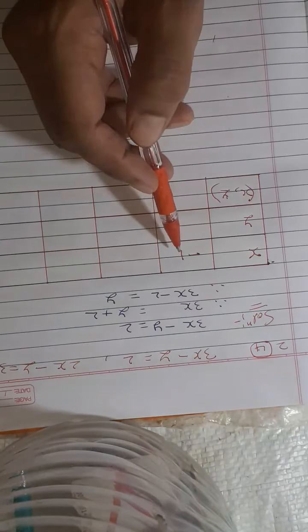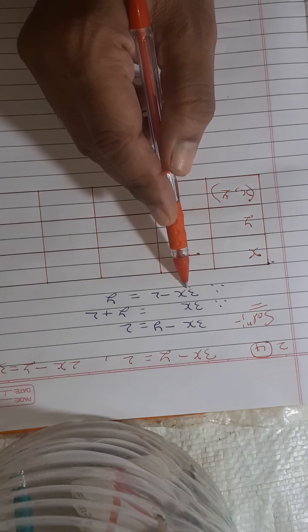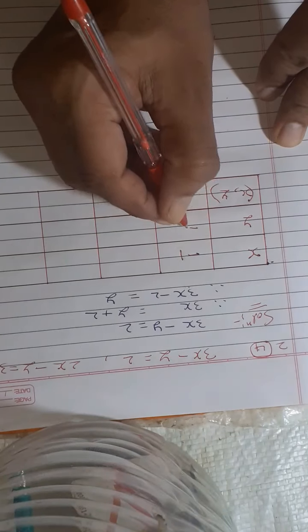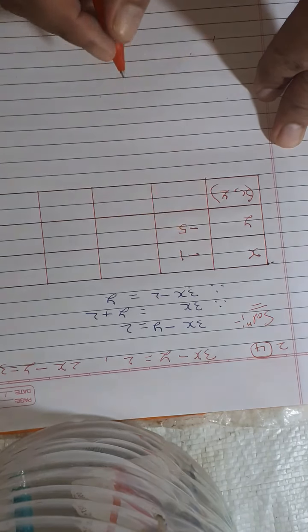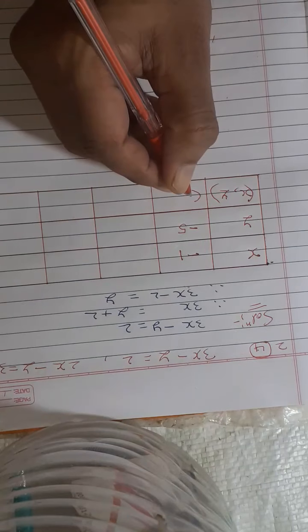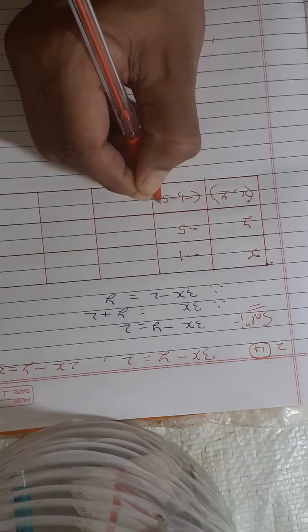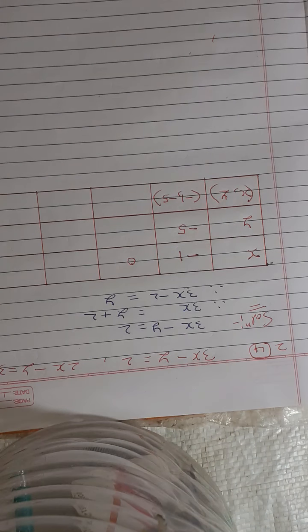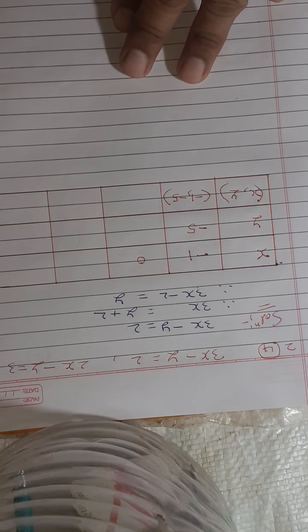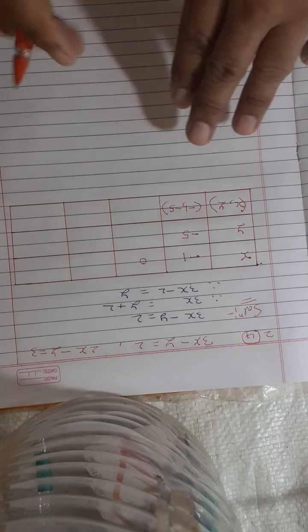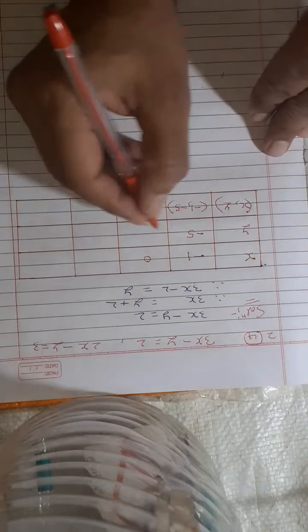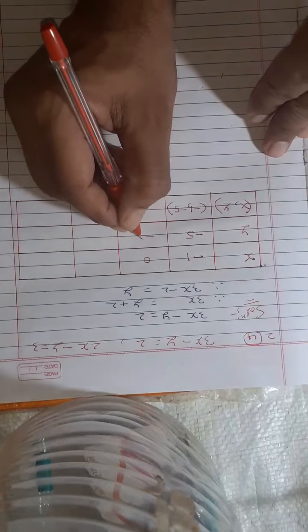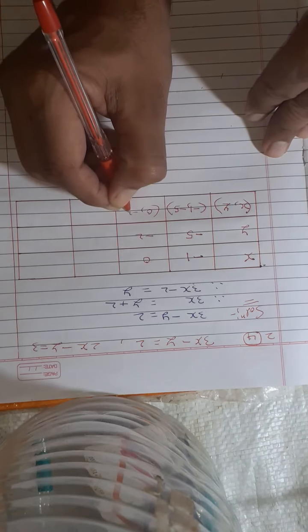So if x is equal to minus 1, then minus 1 into 3 is what? Minus 3, and minus 3 and minus 2, that is minus 5. So y is equal to minus 5. Clear? Okay, so the solution is minus 1, minus 5. Next we are taking x is equal to 0. So 3 into 0 is 0, minus 2, so y is equal to minus 2. So 0, minus 2.